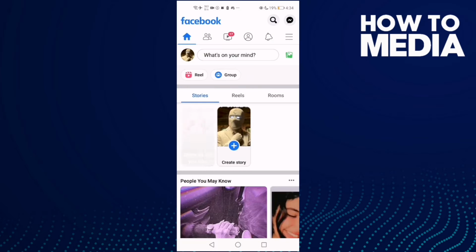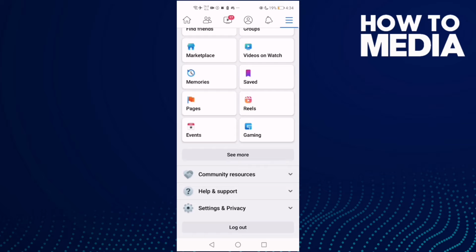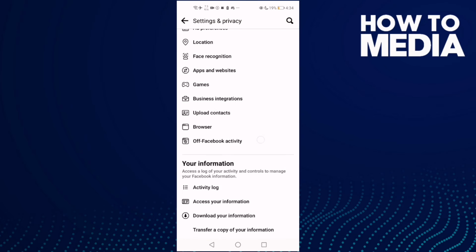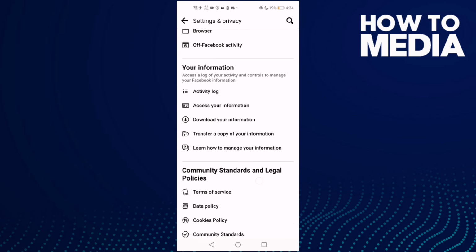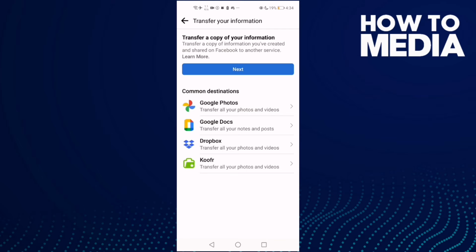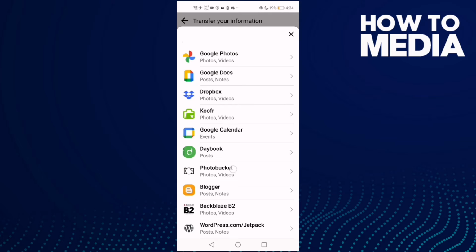First thing, go to Facebook and now click these three lines in the top corner and go down, click settings and privacy and then settings, and now just go down, click transfer a copy of your information and then click next and click this one, PhotoBucket,